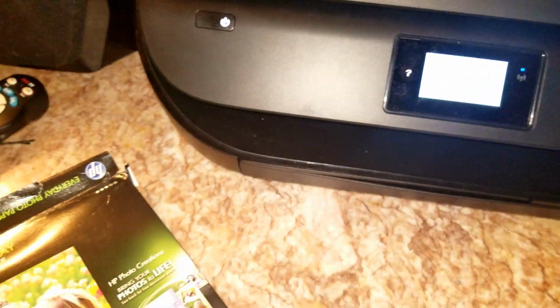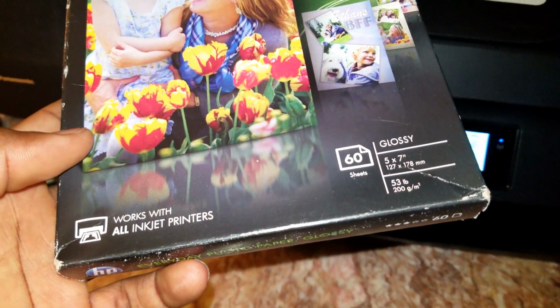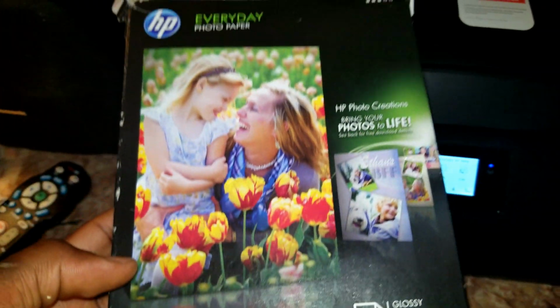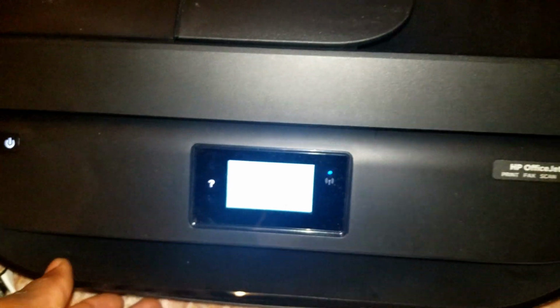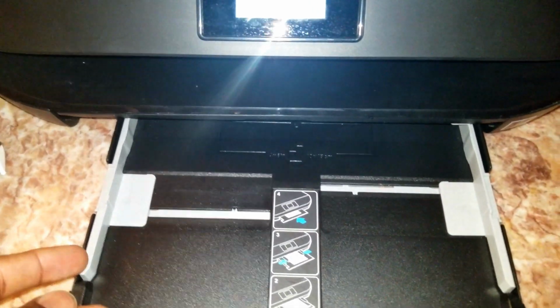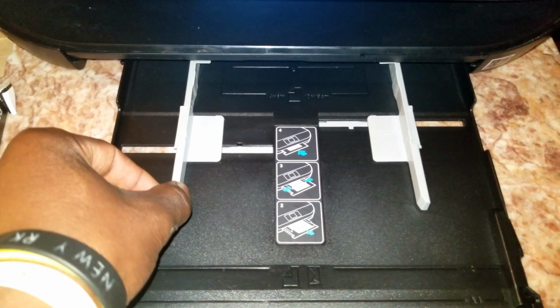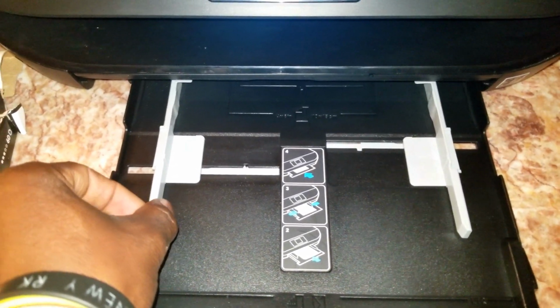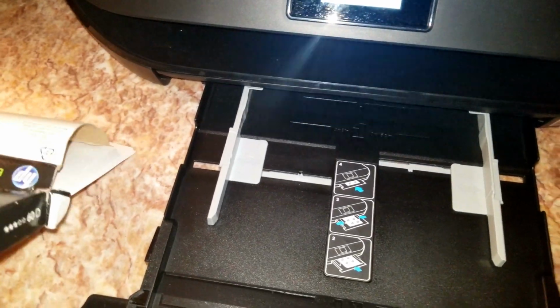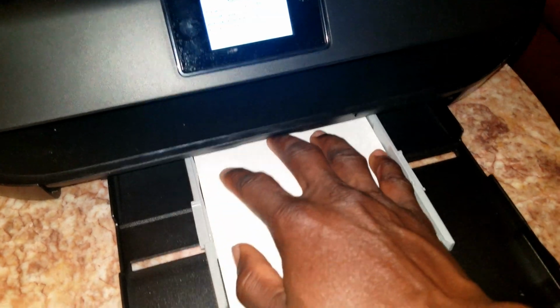Alright, so I'm gonna first start by loading some papers. So I have some 5 times 7 inch picture papers. I'm gonna go ahead and take off the regular document papers. And then we want to go ahead and adjust this slot. This is adjustable. Check the documentation on your printer, figure out how to resize yours. Mine is just simple, so let me adjust this like that. Okay,